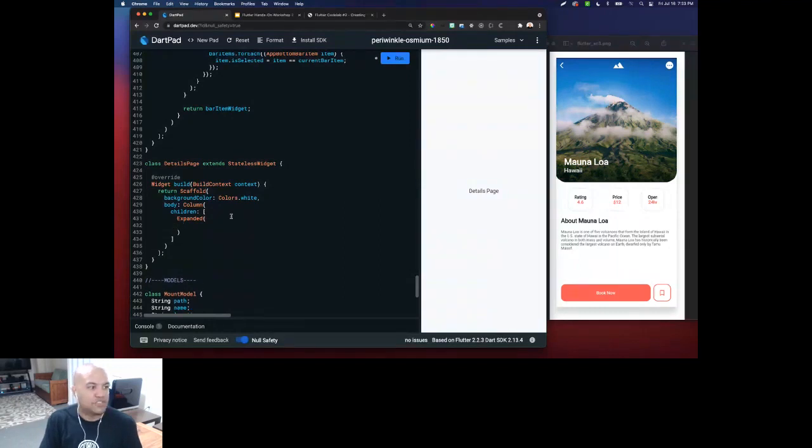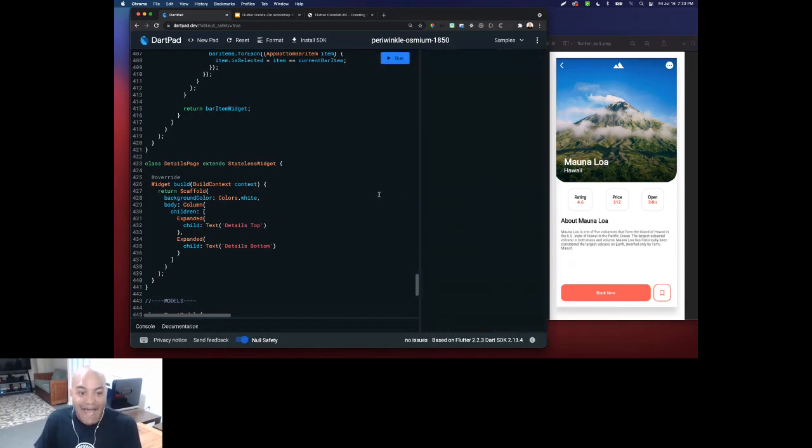And then internally, I'm just going to add a child just so that you can see it. So I'm going to add a text widget. I'm calling it detail stop. And then I'm just going to copy paste that and paste it right below so that you can see it right here. And then I can, again, explain what the expanded widgets do. So if I just add my column with those children and just hit run,